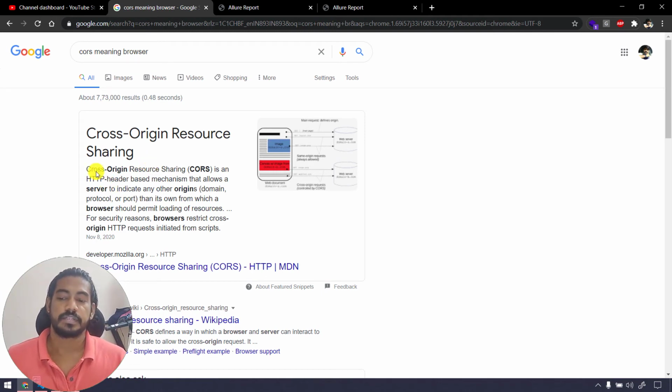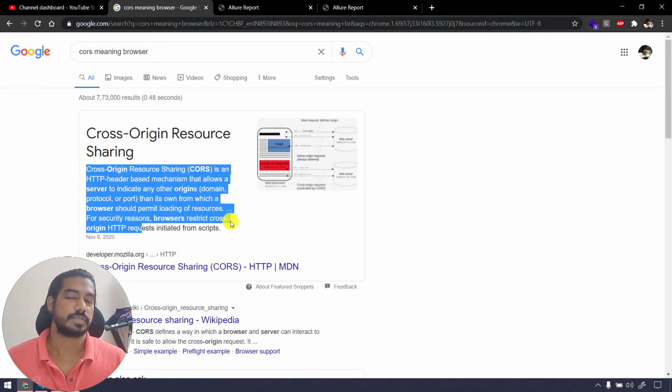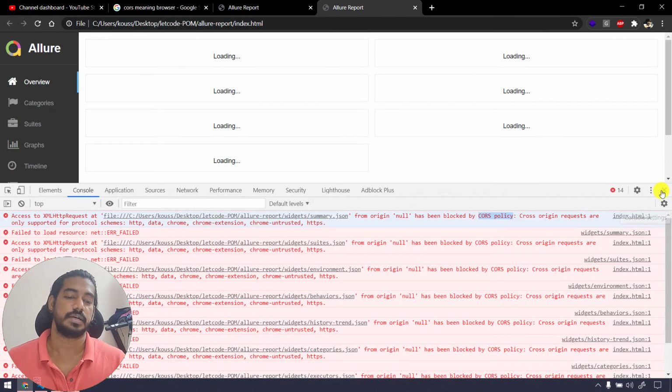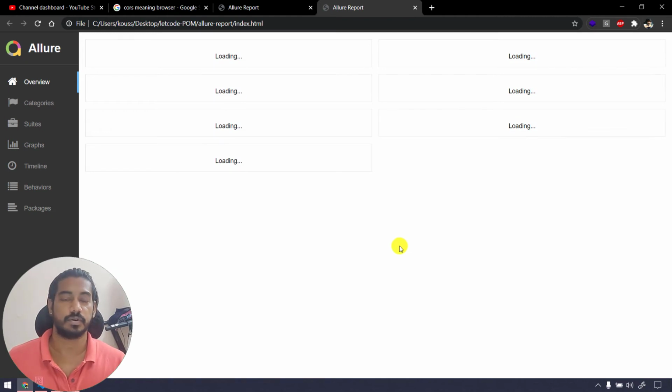So it's very simple, because of some security reasons, Chrome or any browser, actually it was working on Firefox, but Firefox has also now adopted this cross origin resource sharing. Now we are not able to open our reports from any folder. The entire reports are within our local folder, and it might have some phishing issues or some spam, some kind of security issues. That's the reason any browser is not letting us open that.